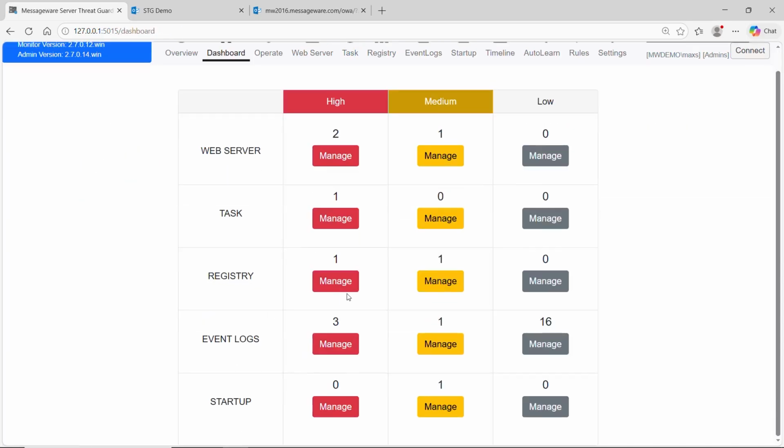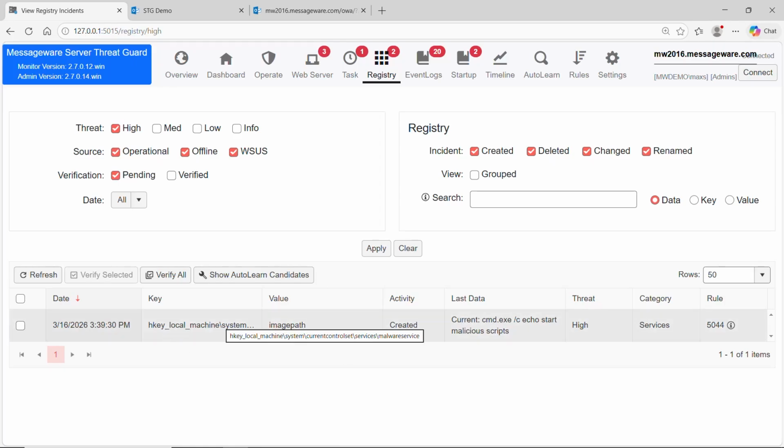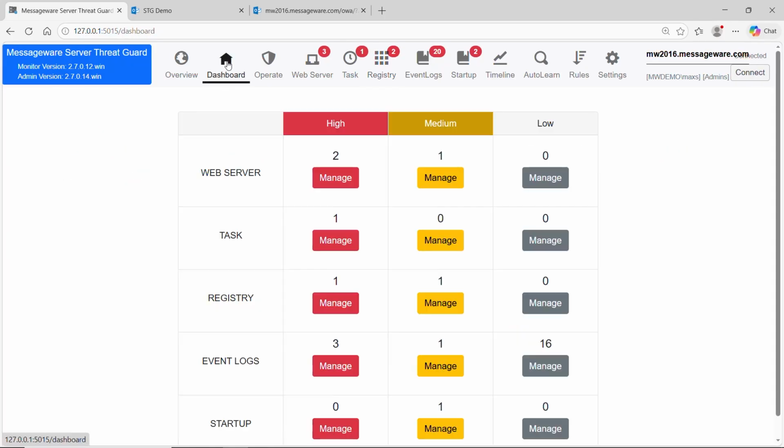Let's take a look at the registry. A change has been made here to the registry that violates our safety and security rules by calling command.com, a malicious script indicator in the registry as well. The administrator has all the information they need to proceed to this location and take the appropriate action. So STG, as we mentioned in the introductory video, runs all operations locally, and therefore it's essentially instantaneous.